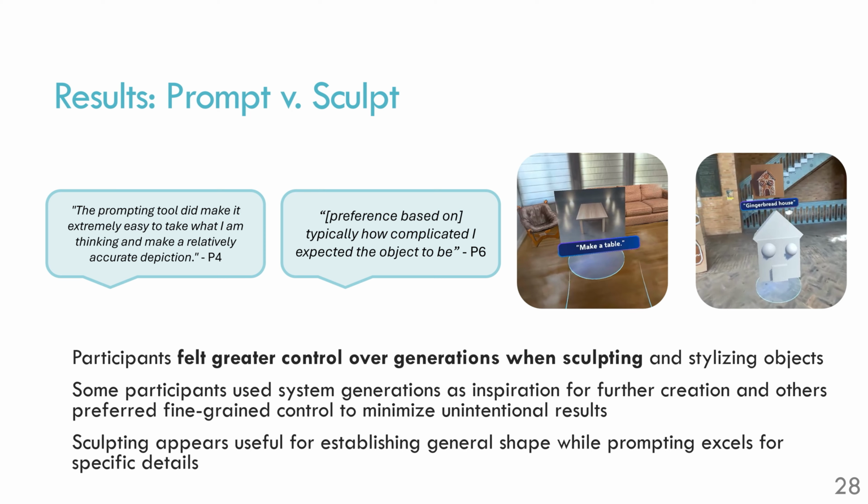We found that users found both direct manipulation from sculpting and natural language-based interactions from prompting valuable for 3D scene creation. Some participants used the system's generations as inspiration for future creation, while others preferred fine-grained control to minimize unintentional results. Both approaches serve different purposes in the design process, and supporting both forms of control is necessary to accommodate